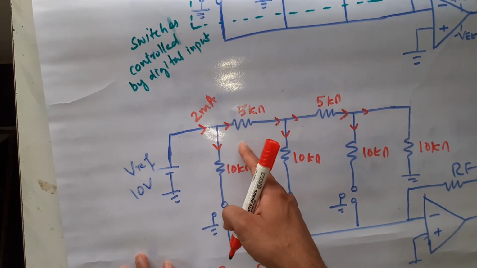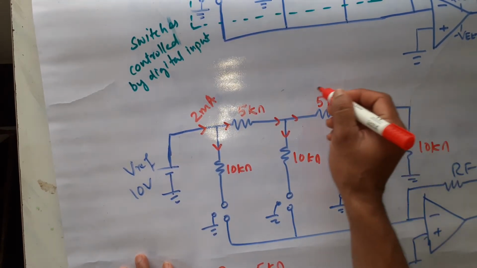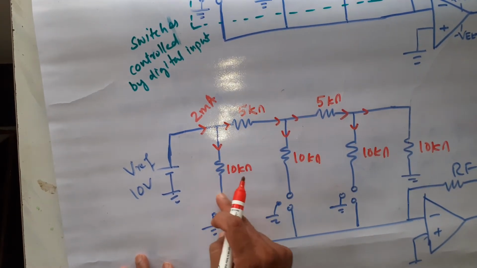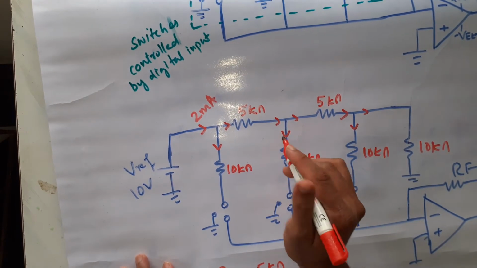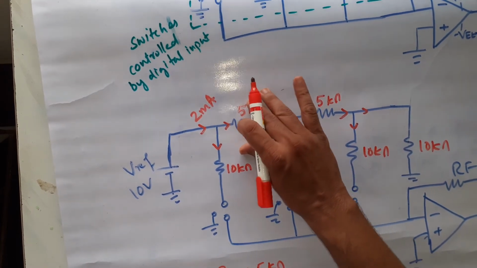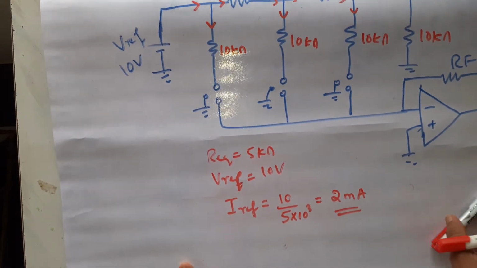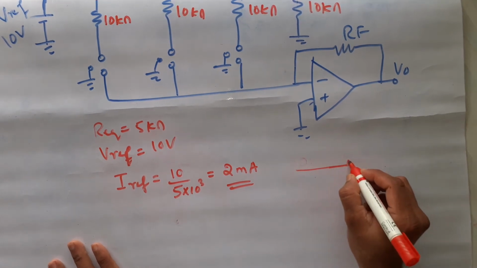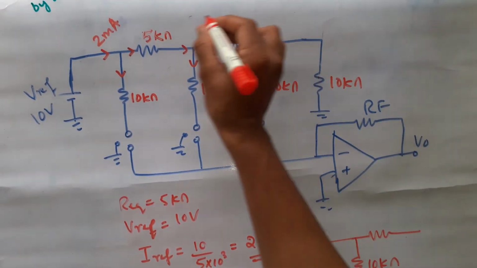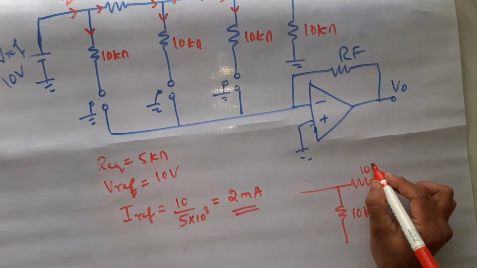Now tell me, how does it split? Here it has 10 kilo ohm. What resistance do we have here? If you reduce this circuit, except this 10 kilo ohm, all the rest of the resistances, if you club with series parallel, you will have a resistance of 10 kilo ohm. Understanding? I will show you here. Here you have 10 kilo ohm. If you take the equivalent resistance of only this part, this will also be 10 kilo ohm.